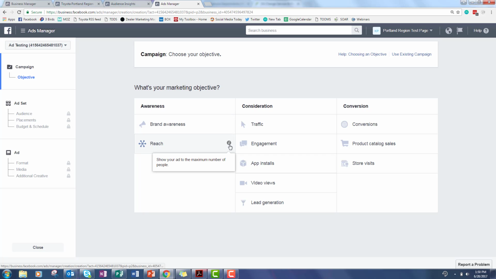Reach. Now, reach is similar, but it's a little bit different. Instead of optimizing it for customers who are more likely to be in your business, it's going to optimize the ad to reach the most amount of people. So for example, a reach ad, you might use that as a way to promote an event at your dealership, or maybe you want to promote a service coupon, or you want to send them an ad for the Camry sell down, for instance. You could send them an ad for Camry sell down also in this traffic campaign,